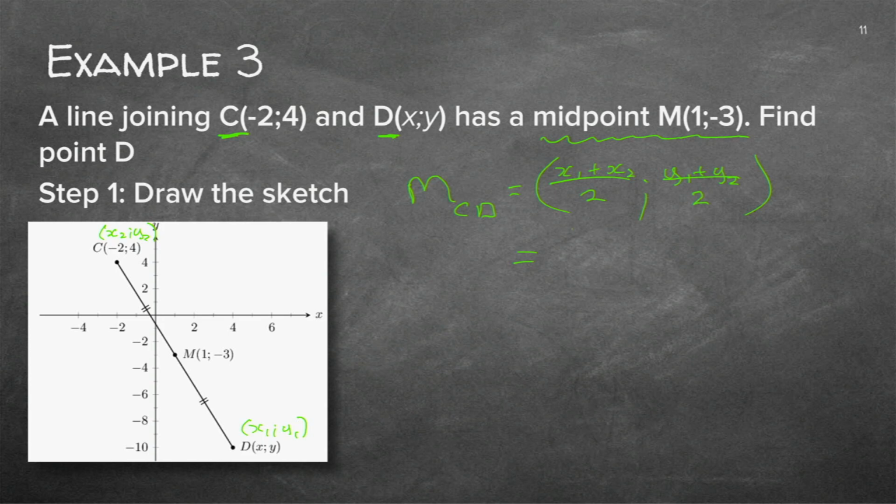So let's start filling in. X1 is x, plus minus 2. Oh, my empty brackets. I forgot the empty brackets. You see how easily it happens? So I should rather just do this first. This is your method. Empty brackets. Now I fill in. Y1 was y and y2 was 4. But in this case, they gave me this midpoint. Was 1 and minus 3.